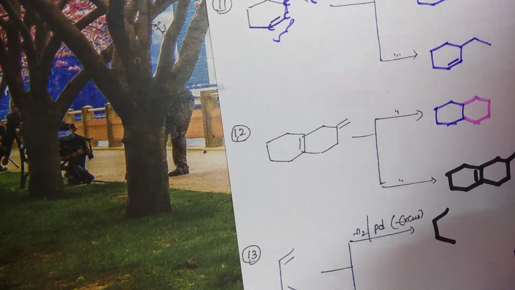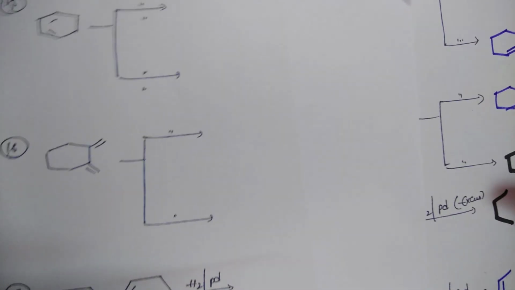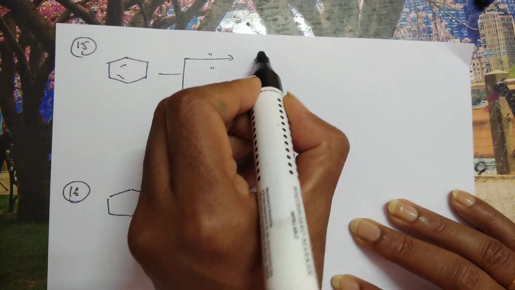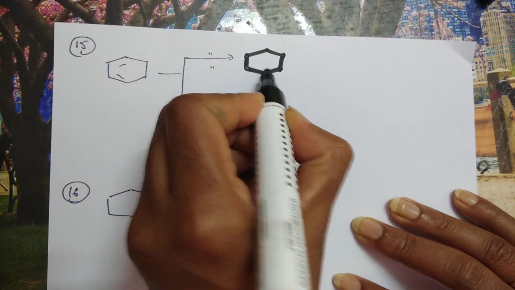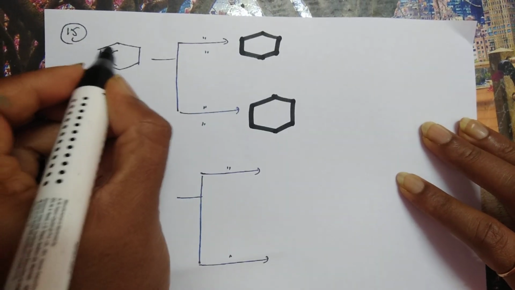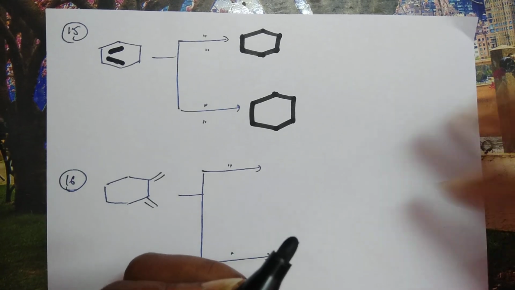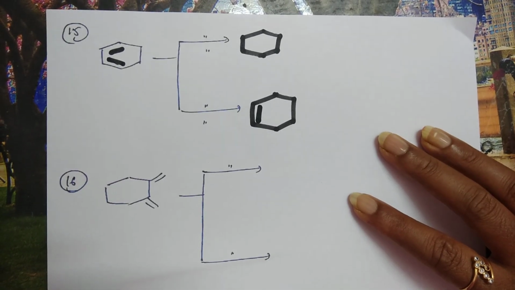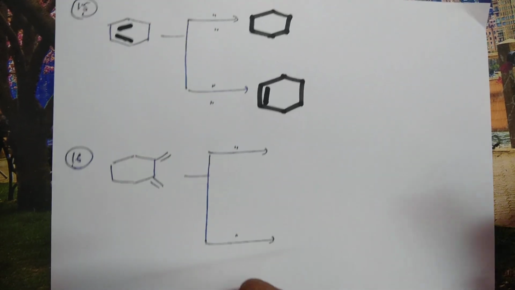I'll show you some more questions, so you get more clarity. See the next question, students. Here is the question. If you take excess, then no problem, ma'am. With excess, both the bonds will be reduced. But when you take one equivalent, here the pi bonds are alternating pi bonds, so between these two a pi bond will form. You should not reduce only one in this case.